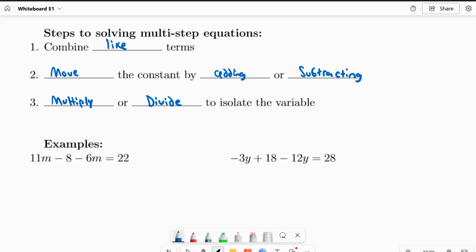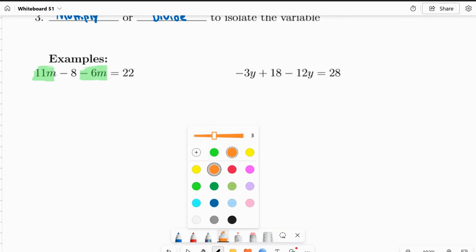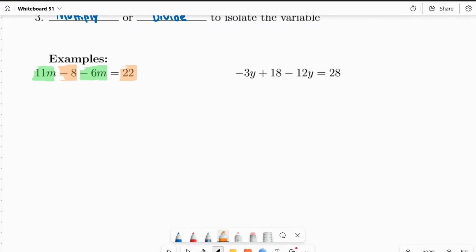So let's do an example of this. So in the first one here, I have 11m minus 8 minus 6m equals 22. So the first thing I'm going to want to do here is combine my like terms. Remember, you can only combine like terms that are on the same side of the equal sign. So although negative 8 and 22 are like terms, I can't combine them because they're on opposite sides of the equal sign. So instead, I'm only going to combine my m's. So I've got 11m minus 6m, which gives me 5m